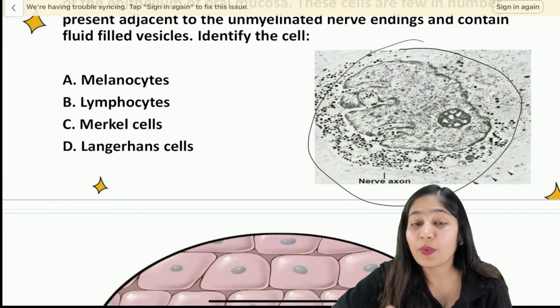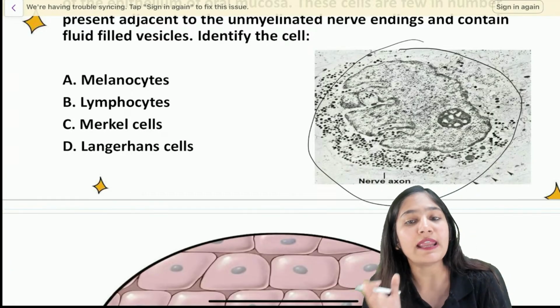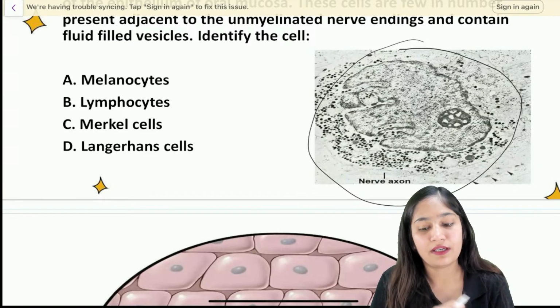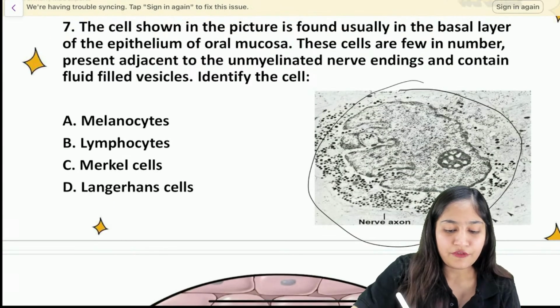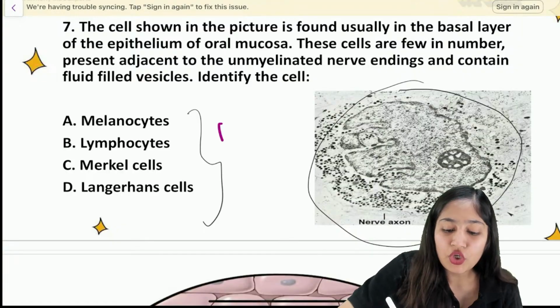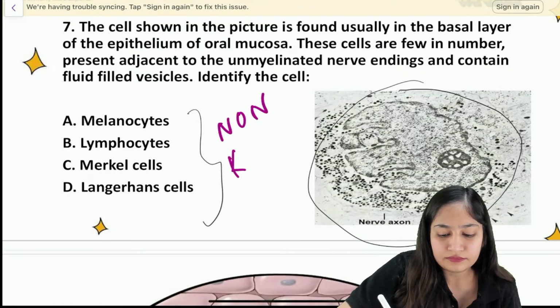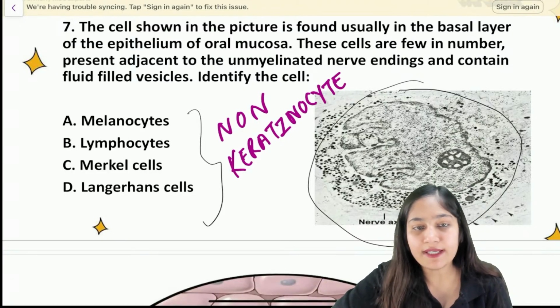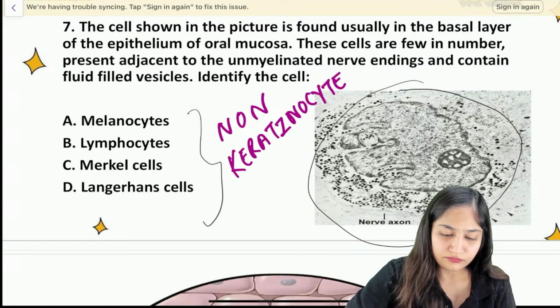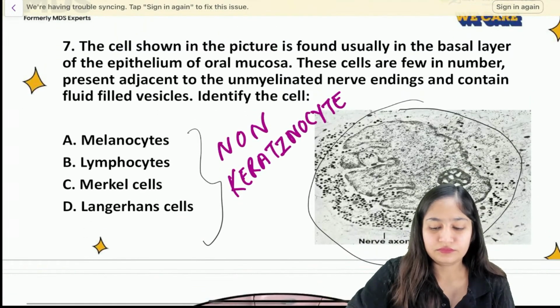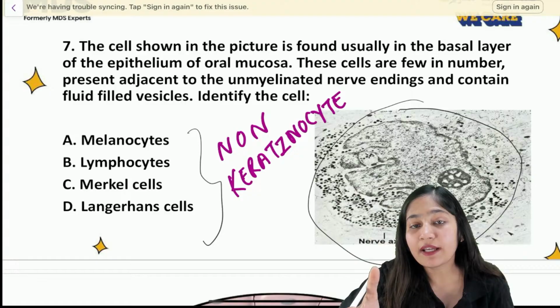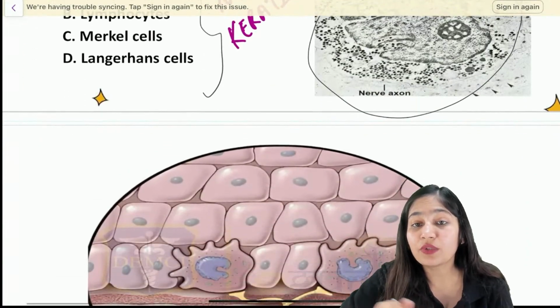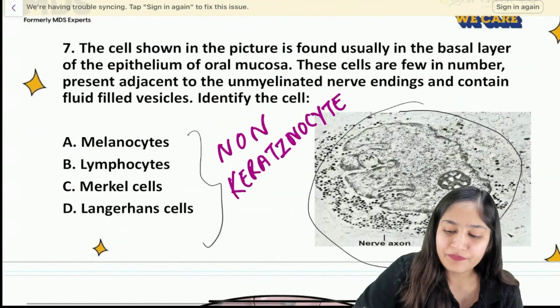So can you identify the cell here? It is written in the question itself. It is present in the basal layer and just adjacent to the nerve fiber. So this is mainly from the option we can see that these are what? Non-keratinocyte cells. These are what? Non-keratinocyte cells. So which non-keratinocyte cell is this? Just adjacent to the nerve fiber. It will be